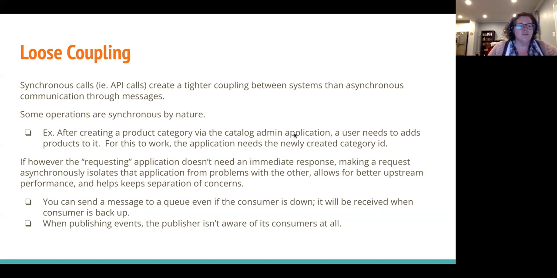So consider a situation where you want to request, let's say, a product get created, but you don't need to use it immediately. If you were to send a message that says, hey, go create this product, then if the product catalog service were down, it doesn't matter. You can still create that request to create the product because all you're doing is throwing it in the queue. And the service, when it comes back up, will just go pull the message from the queue and it will do it then. But if you're calling directly to the product service to say, hey, create this product right now, you can't do that if the API is down.